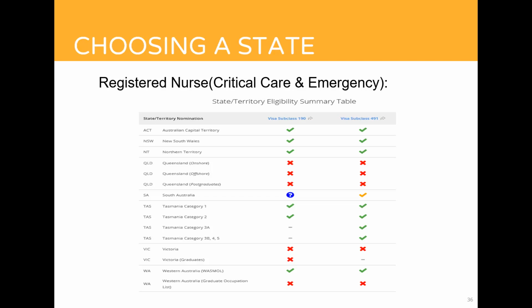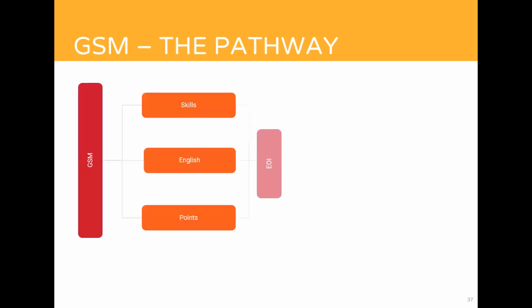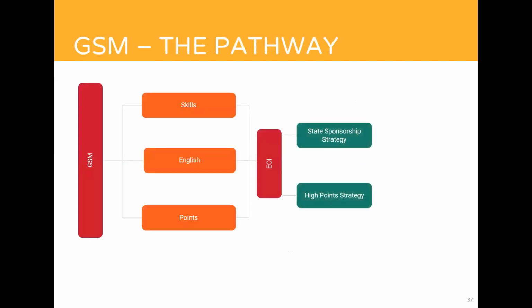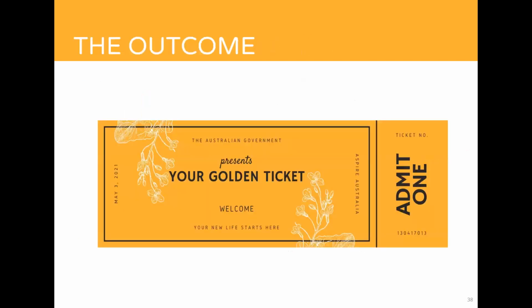So if you achieve a state sponsorship, you will achieve an invitation. Similarly, if you're selected through the normal round of invitations for the 189, then you will receive your golden ticket. This is going to open the door to your visa application, which you will lodge within 60 days. By this time, you should clearly know the number of points that you are claiming. You will know that you can evidence those claims.